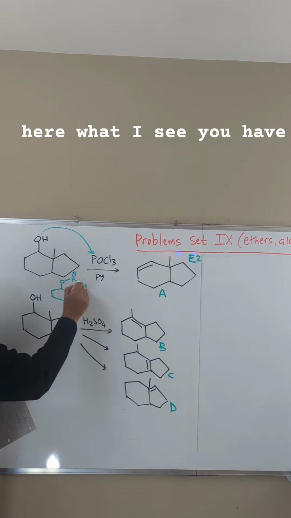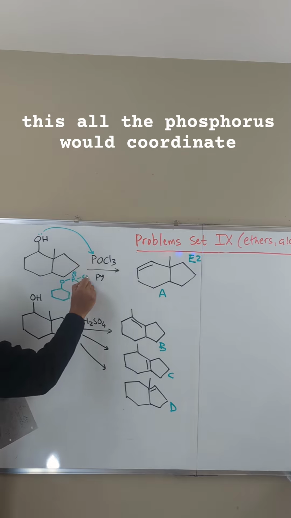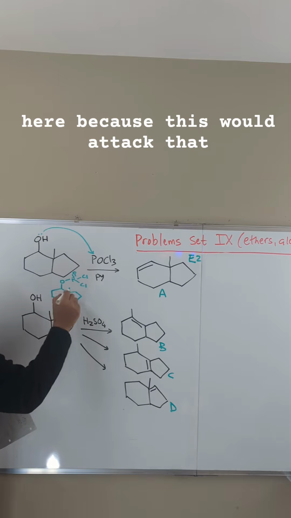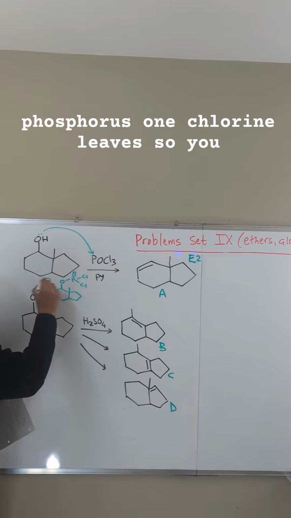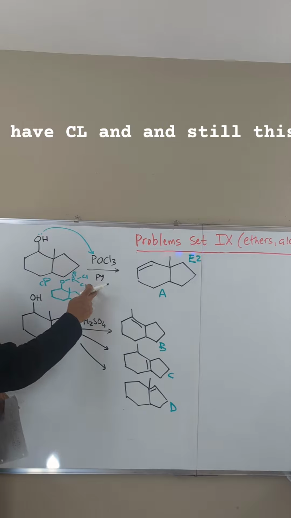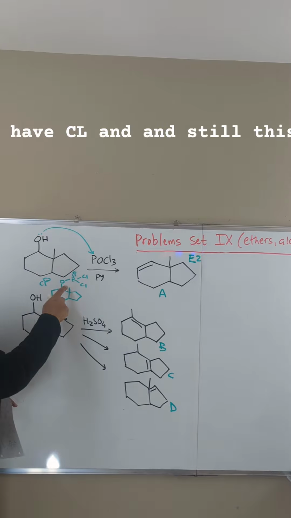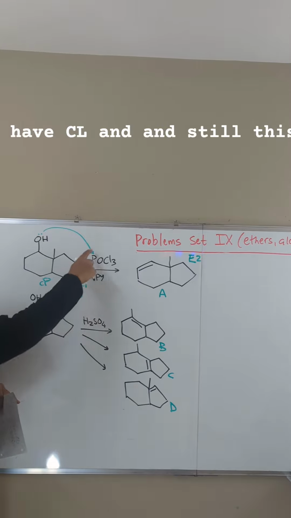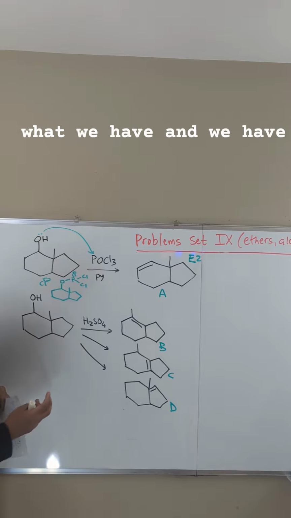So you have Cl, and still this is true. The Cl minus would be floating around here. So that's what we have, and you have pyridine. So now you are forming this intermediate after the oxygen attacks the phosphorus oxychloride. Then now